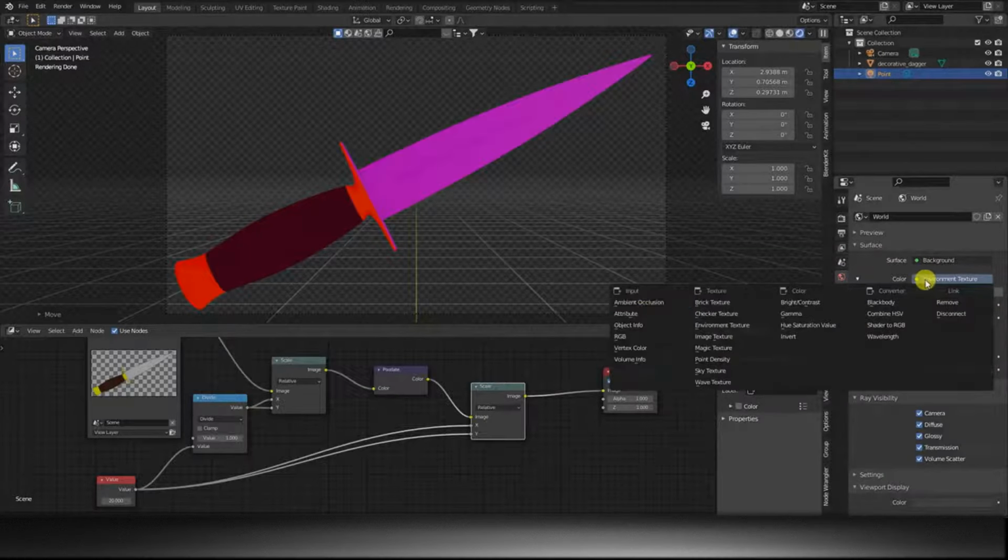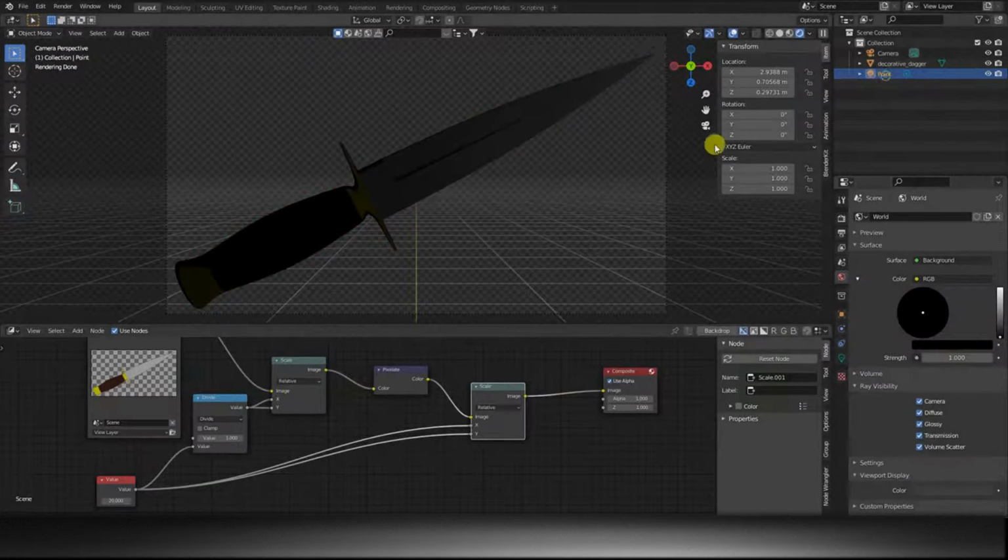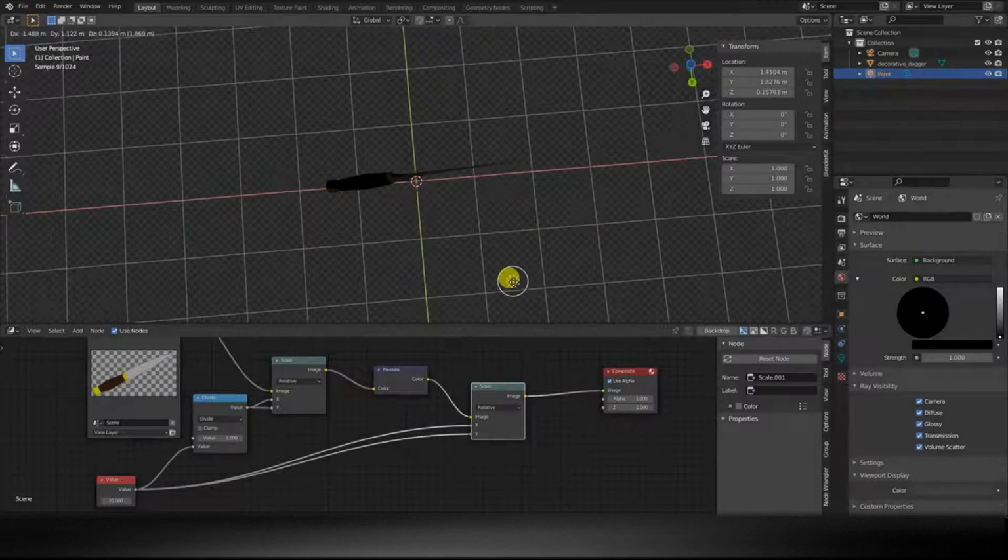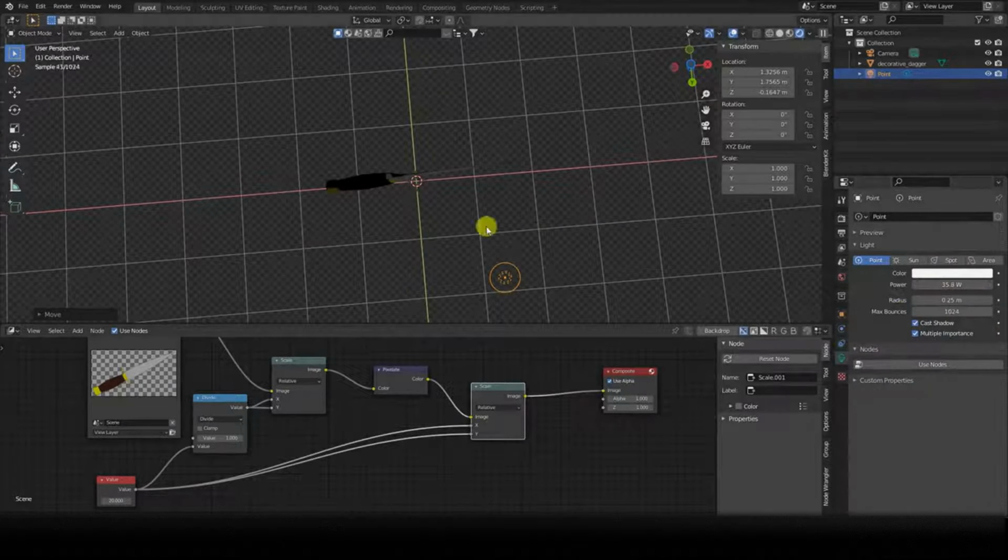I'm showing an example of the same object as before, with the changes I just described to the materials and lighting of the scene.